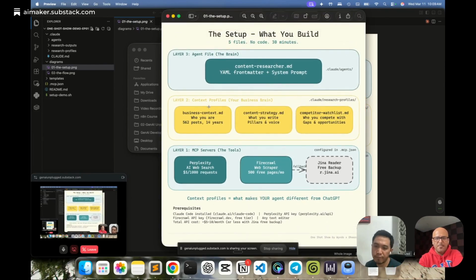So this is what the setup would look like for the agent that we are going to build. And like I said, we'll be using Claude Code. At the bottom, you can see some prerequisites. First, you should have Claude Code installed. The agent that we are building today is Claude Code based. Then what we would need is Perplexity, and I'm going to talk about why we need Perplexity and why Firecrawl is needed.